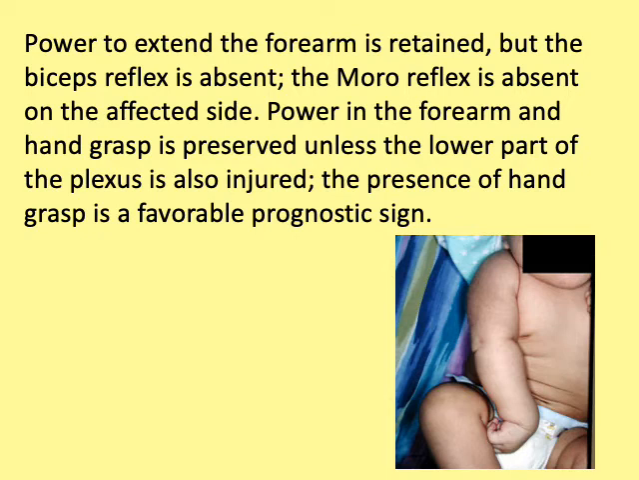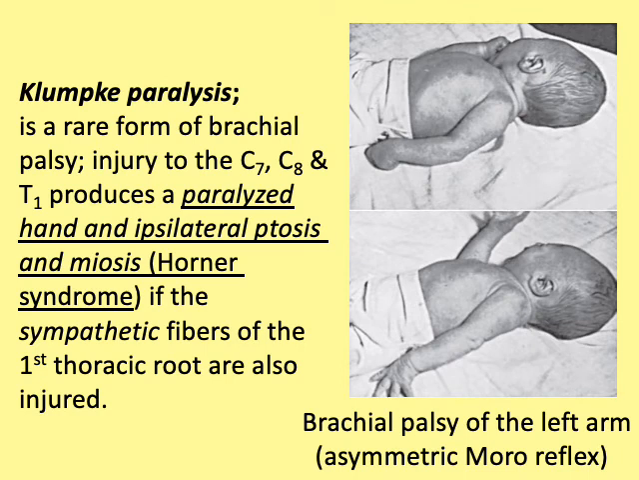The power of the forearm and the hand grasp is preserved unless the lower part of the plexus is also injured, and the presence of the hand grasp is a favorable prognostic sign. It is said that loss of the distal hand actions is worse than the proximal ones. The other entity of brachial palsy is Klumpke's palsy, which is related to injury of C7, C8, and T1,